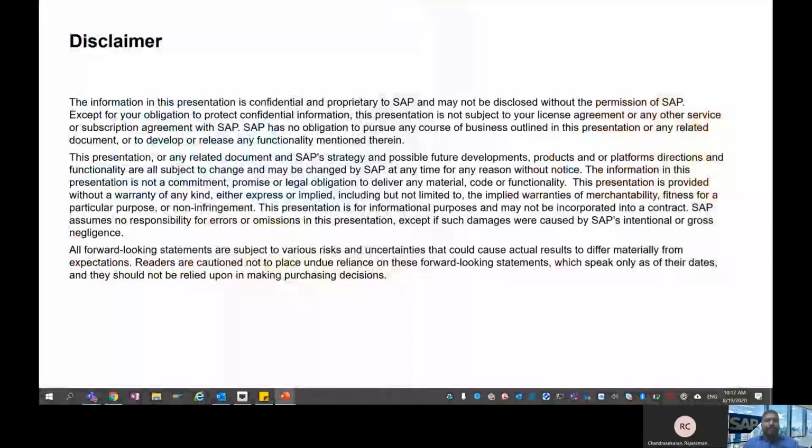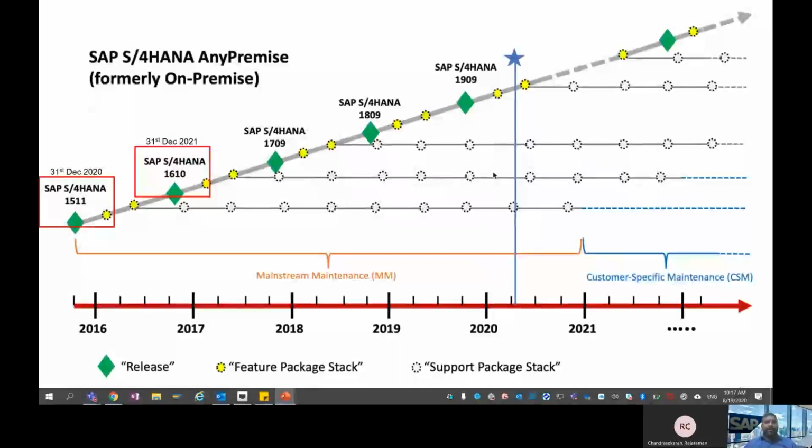Quickly, a disclaimer. Thank you for being an early adopter of our SAP S4 HANA solutions and for allowing us to enable your digital innovation. I'm happy to share that SAP has committed to support your SAP S4 HANA solution until 2040.